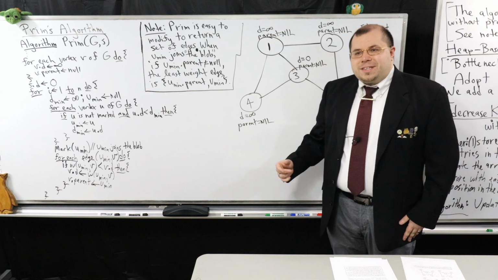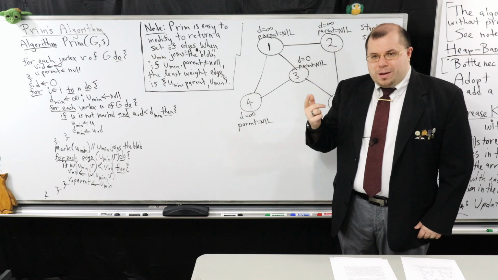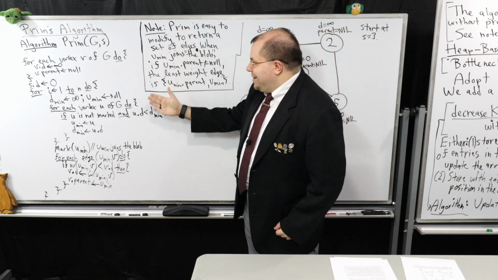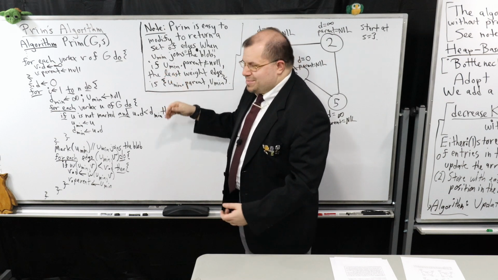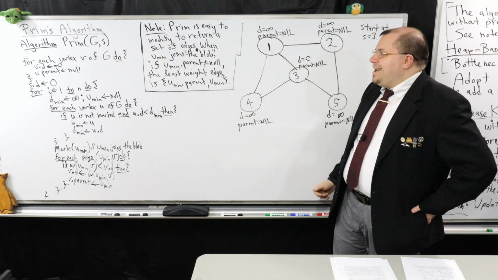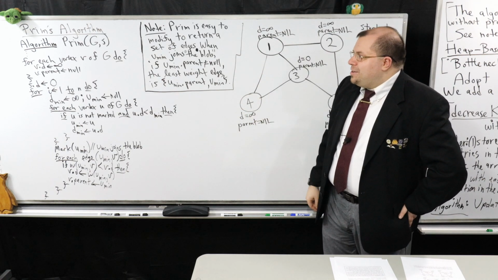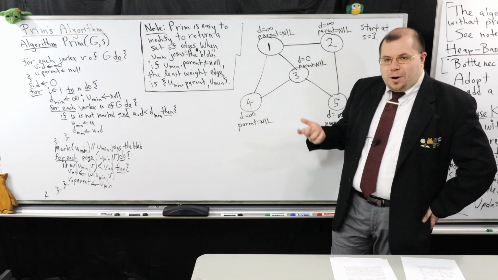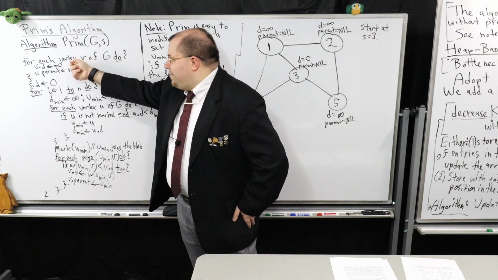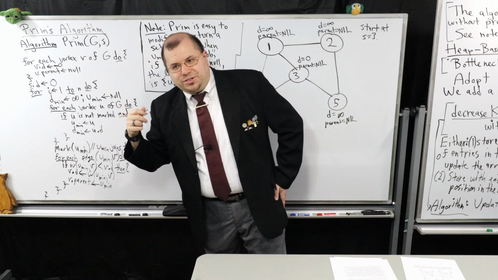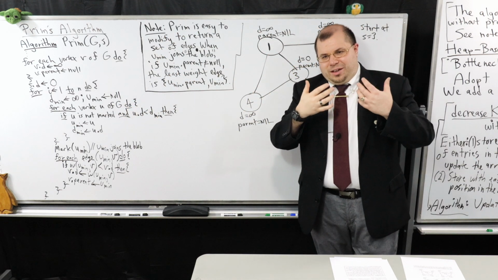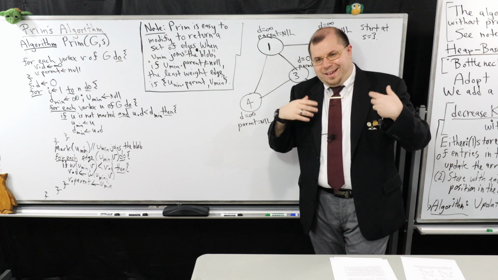So first, I want to remind you where we were with Prim's algorithm. Last day I wrote out the pseudocode. I wrote it with a little bit smaller lettering here, so everything's in one spot. So here's Prim's algorithm. I want to remind you of the main parts of Prim's algorithm. The first thing is setting up the initial D values and these parent or predecessor values. I initially set them up, and as the graph gets explored,